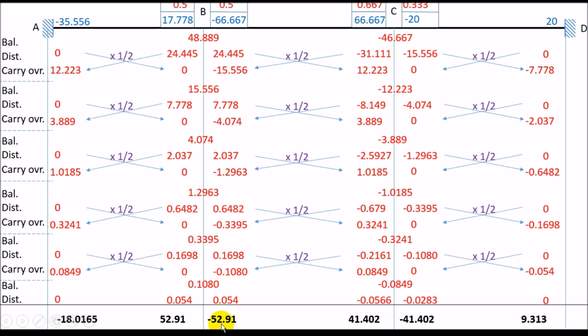They match in magnitude, but they have to be of alternate nature. That is, if this is positive, this has to be negative. If this is positive, this is negative. This is negative, this is positive, but the magnitude of both the values is the same. So this ends our